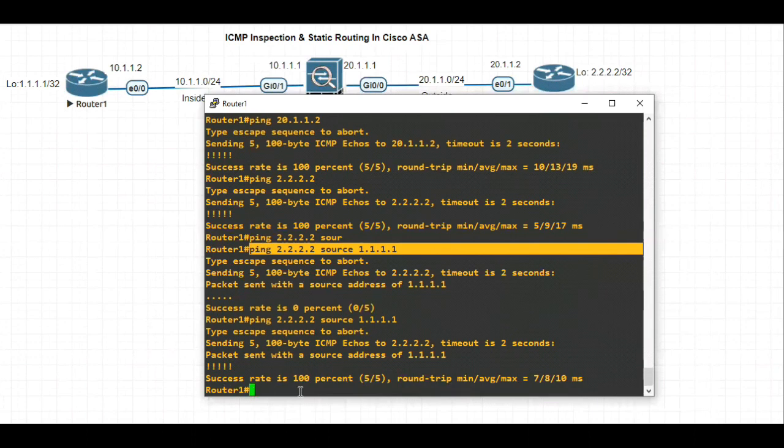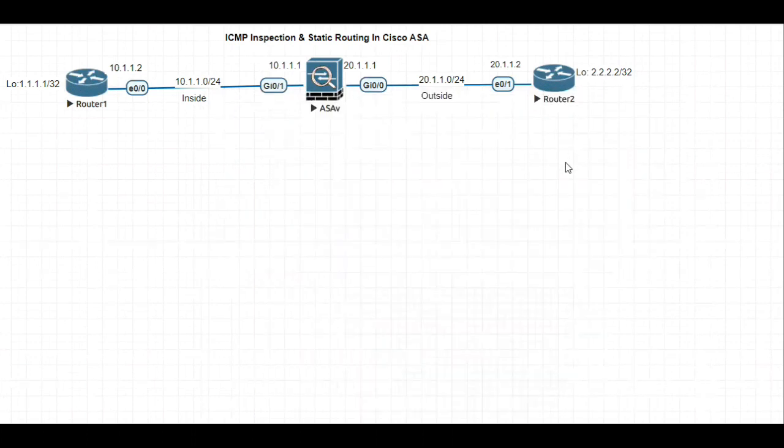Okay, you can see the success rate is 100%, and that worked. All right, so this completes the lab on ICMP inspection in the Cisco ASA firewall. And also we have successfully configured the static routing in Cisco ASA.